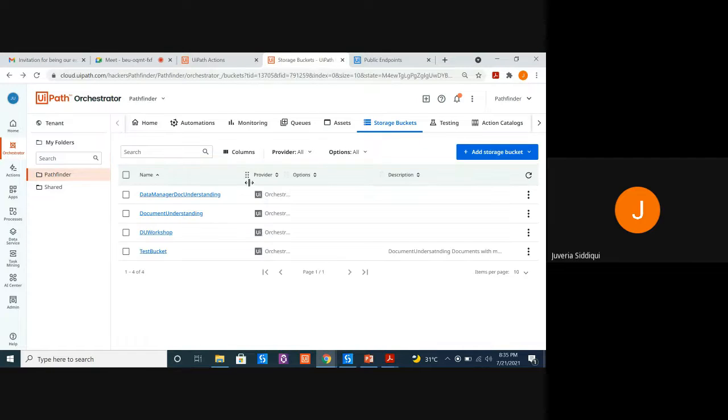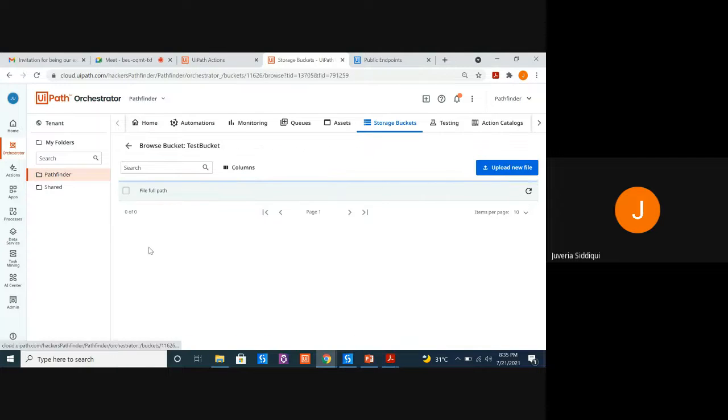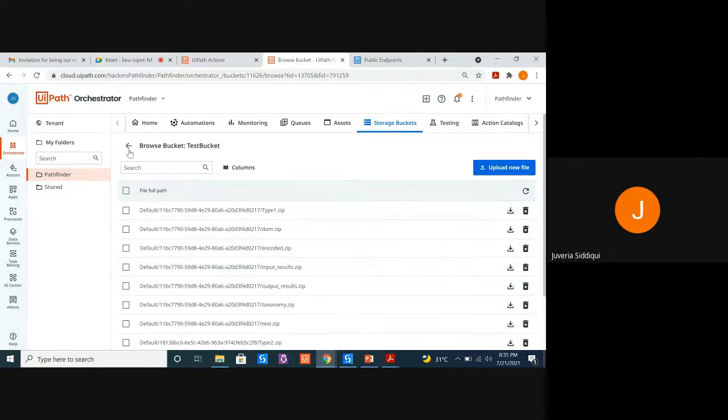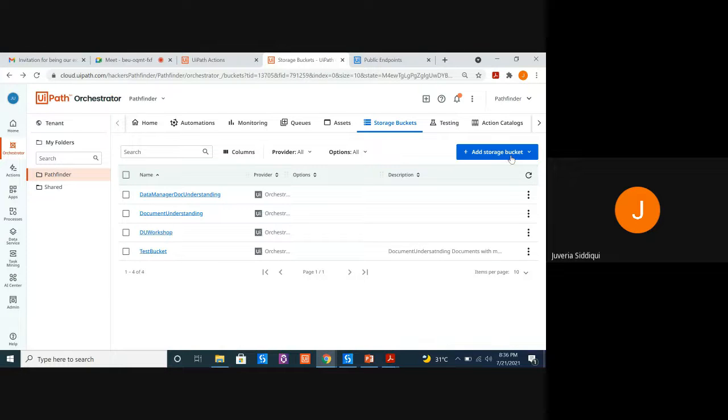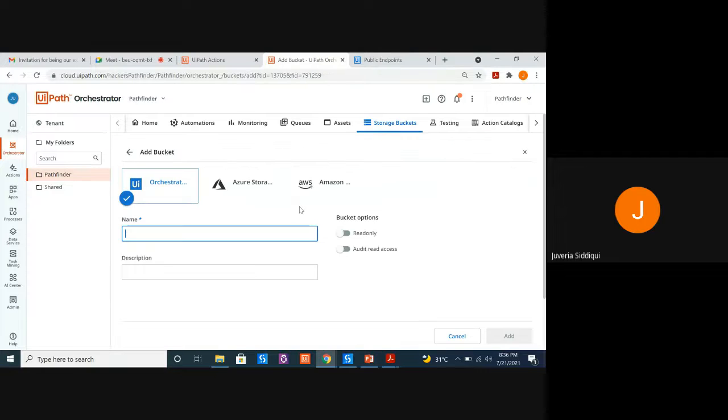So how to create one? If you're doing it for the first time, it's very simple. Let me delete one or two because I have a lot of documents. Okay, how to do that? Just click on add storage bucket, click on create. Now, this is a cloud service, as I've been telling you. You can connect your orchestrator to your Azure storage, AWS workspace, etc. For us, we are not going to do anything fancy like that, but we are going to start with this. You can give a name of your choice.